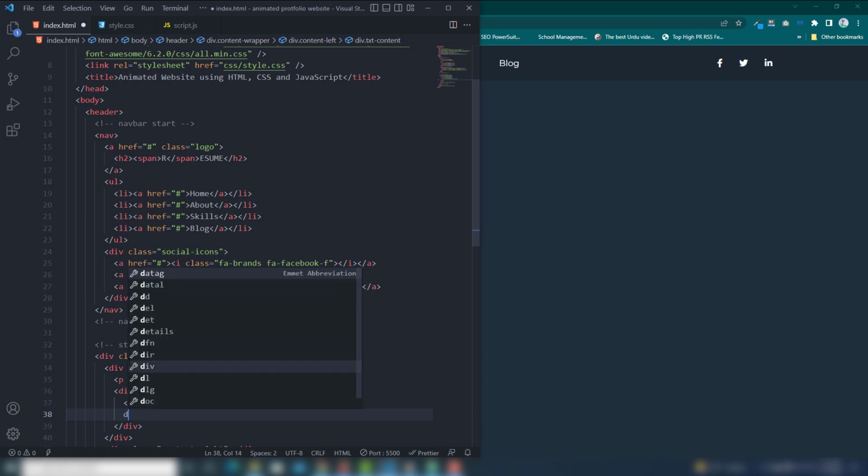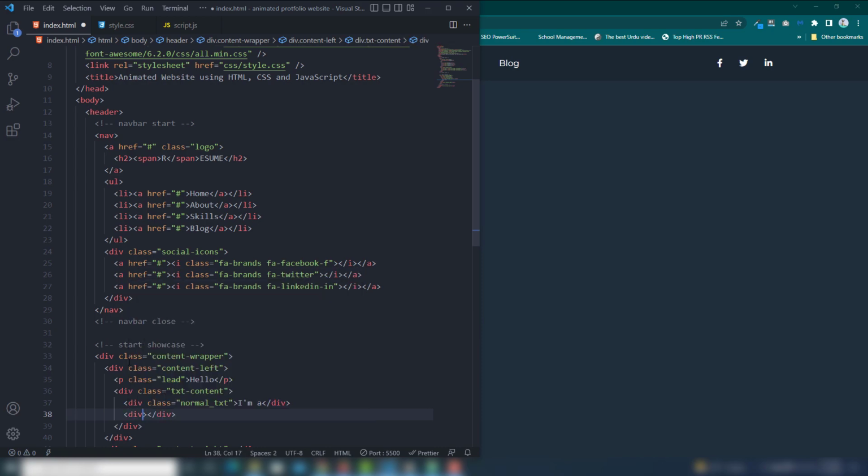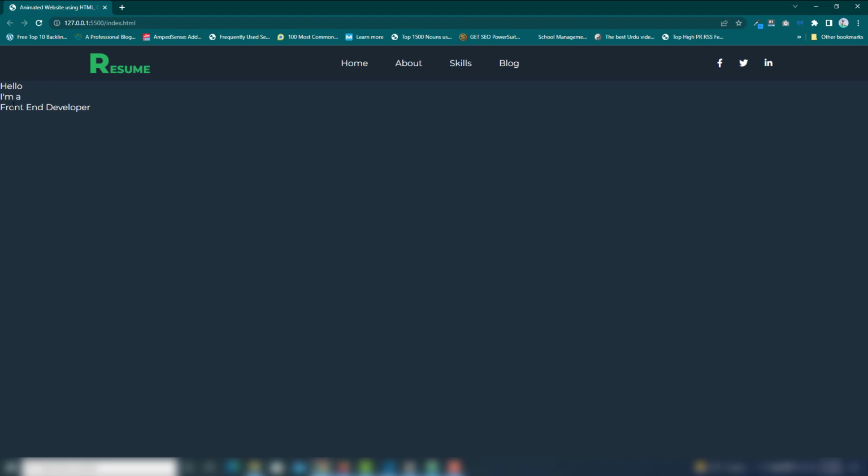And the next thing you need to call again div and assign the class change txt, right? So inside there I'm going to call the front end developer, right? So save, right?